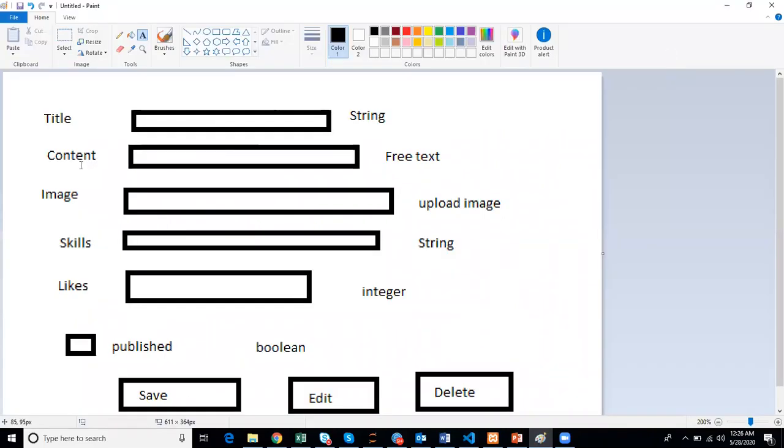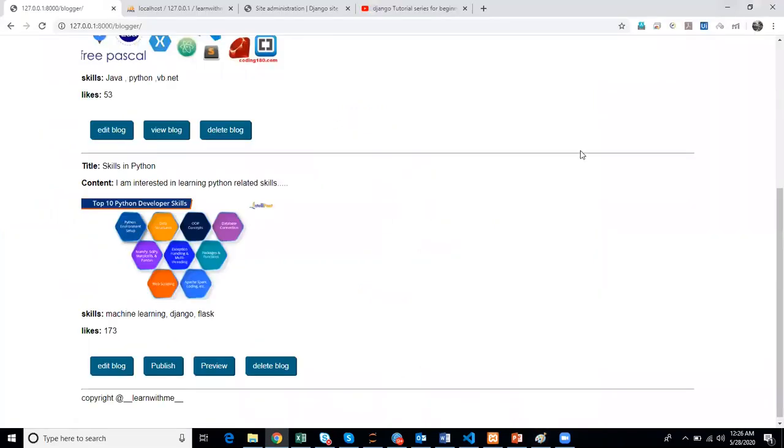Traditionally we would do it like title. It's a very bad way of doing it, but anyway, I quickly drew this. Content should be free text and upload. There are more conditions, like mandatory fields, non-mandatory fields, checkboxes, and saving and editing. There are many things that we have to do. All these things we can build with one line of code in Django. Let's see how it will work.